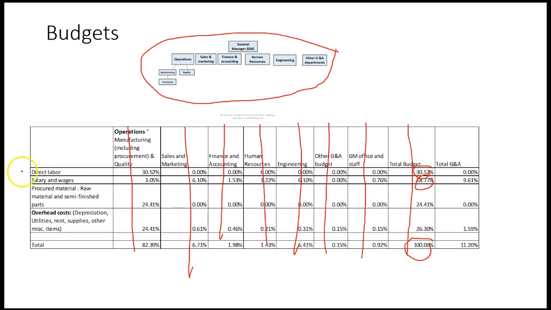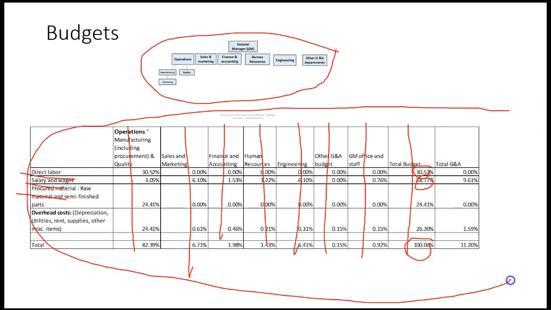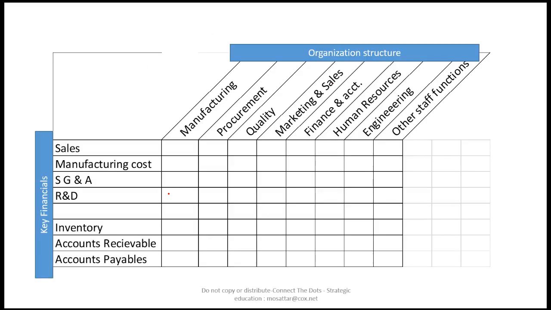You can also start to look at the category direct labor, salary and wages, where it is. So this connectivity kind of gives you a pretty good feel for where the money is being spent. So if you are going to set a strategy, you'll have to identify where in these boxes, the category, your numbers are going to get better or worse as you are planning for the future of the company.